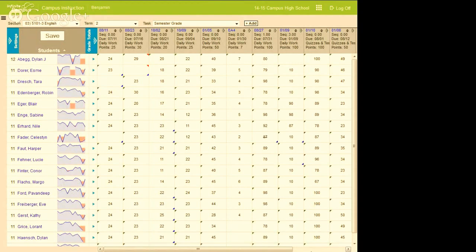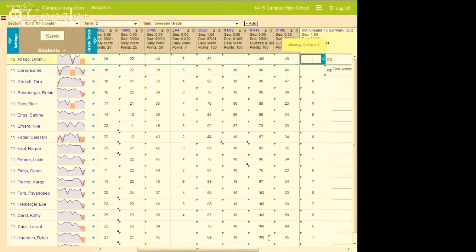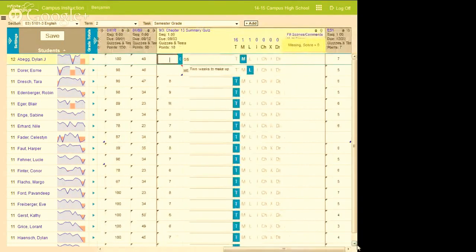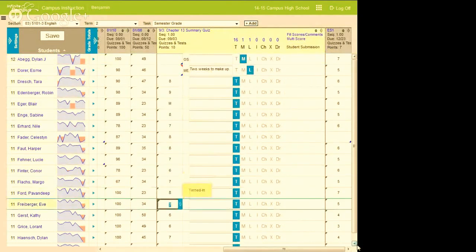You can take any assignment, expand it, and you get the assignment level detail. So as I would be coming down here, this is where I would just enter in my scores. Now, a couple neat things. It's probably hard for the folks in the back, but next to Dylan it has OS, and next to Esme it has ME. When I hover over this, it tells me that that student had a medical appointment and was out sick that day.